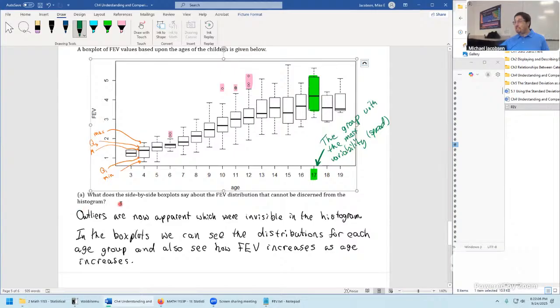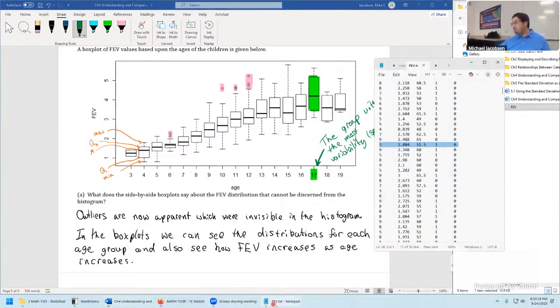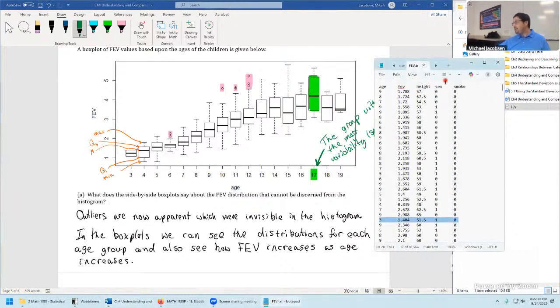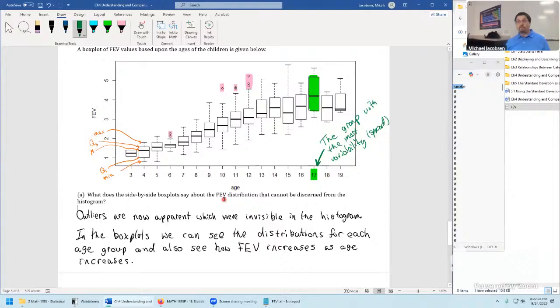That was the key feature that seemed invisible in the histogram. And so this is the important role of box plots on descriptive statistics, especially when you have multivariable data sets, categorical data, multiple categories for our variables, and multiple categorical variables at the same time, make these box plots really great for seeing these relationships.